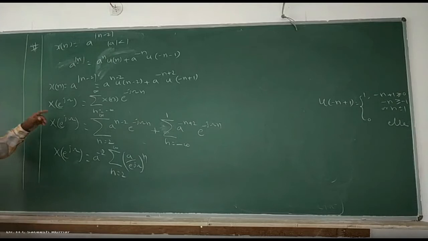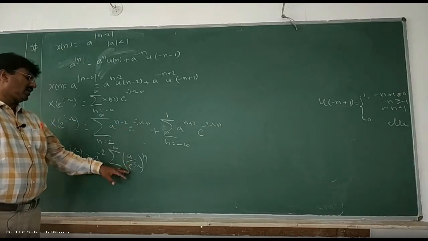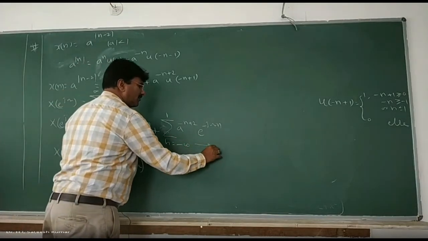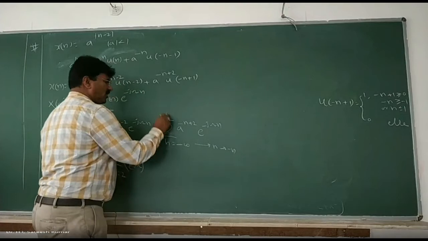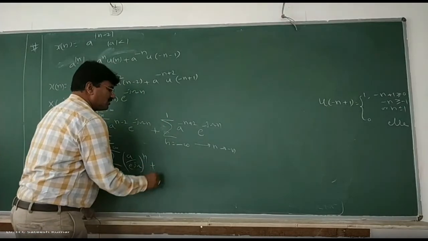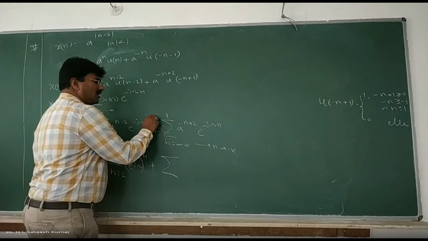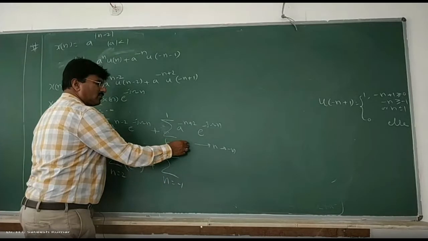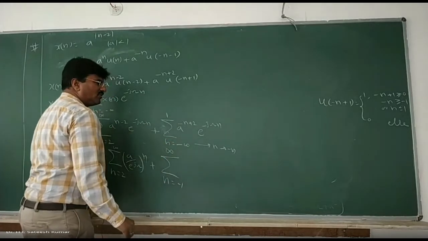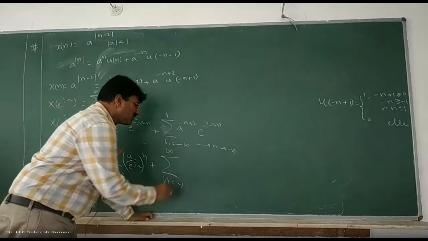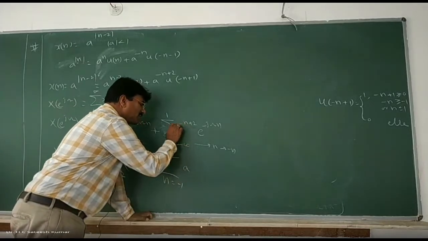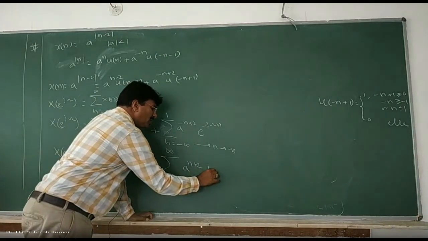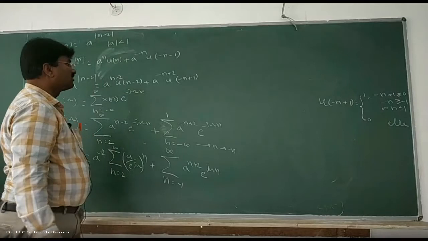You will get it, because when you take it to the denominator, it becomes plus, and n I have taken out. Okay, right. Now, for this one, replace n by minus n, because we don't have a formula for this. Plus summation n varies from n is equal to 1, so minus n is equal to 1, therefore n is equal to minus 1. Minus n is equal to minus infinity, therefore n is equal to infinity. Replace n by minus n. Minus n means minus of minus, plus n plus 2, into e to the power of j omega n.